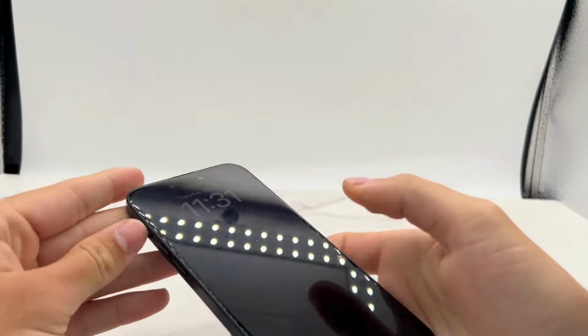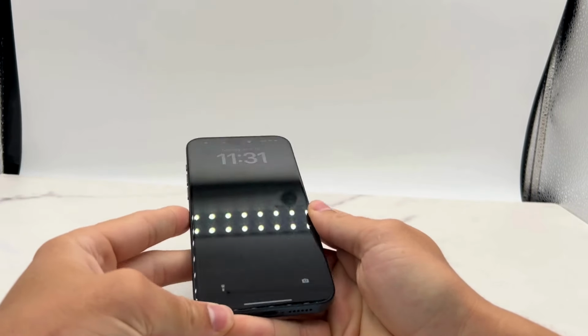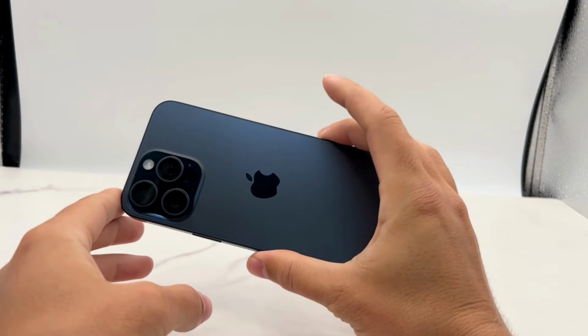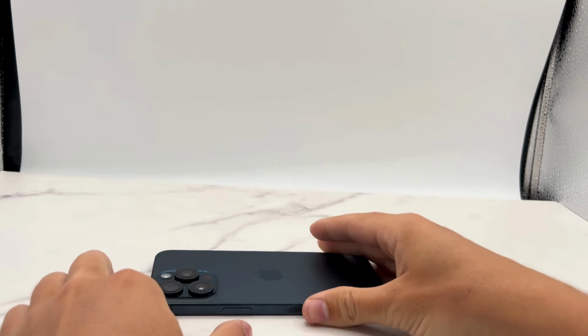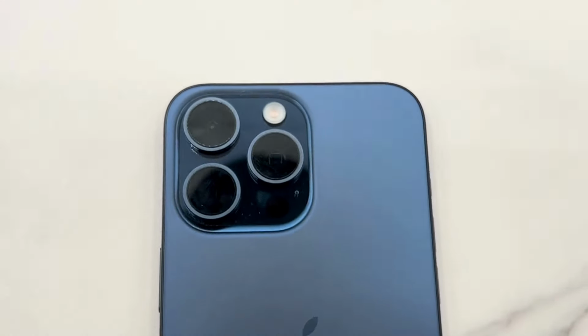Storage is no longer a concern with the 1 terabyte capacity. I can store all my photos, videos, and apps without worrying about running out of space. This is particularly useful for anyone who uses their phone for content creation or needs to keep a lot of data handy. In summary, the Apple iPhone 15 Pro in blue titanium offers a blend of high performance, excellent camera